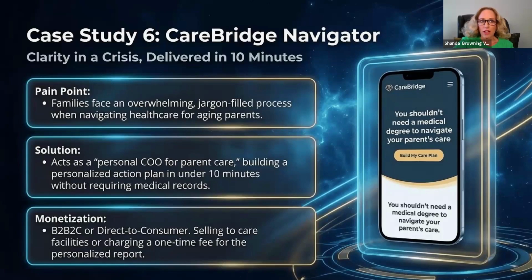I had reached out to a good friend of mine who had an app built for his business, and he told me, Shanda, it's about $100,000. I didn't have that kind of money to be able to build this application, but now I have. And so I am so excited about the opportunities that MicroSaaS